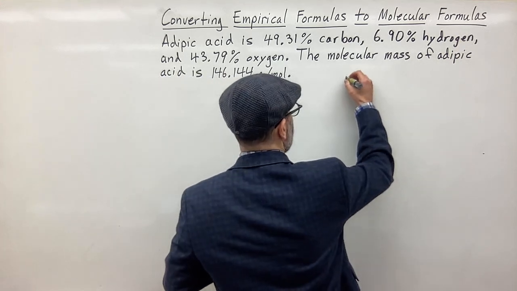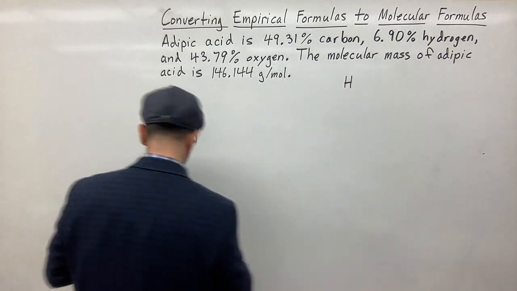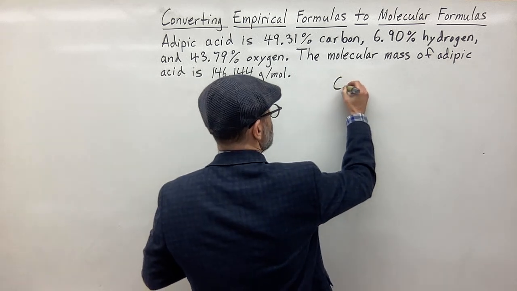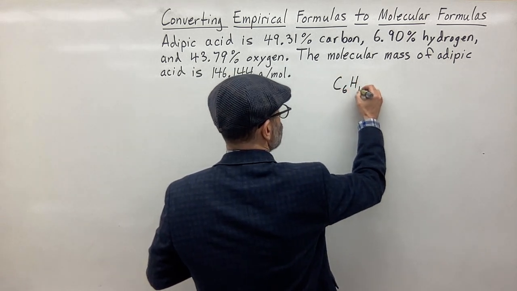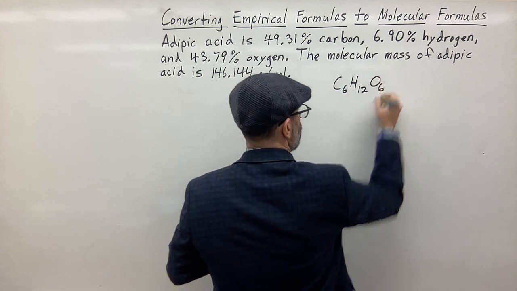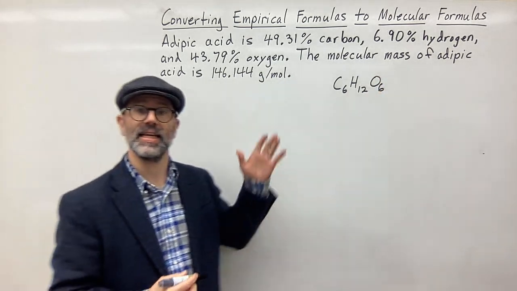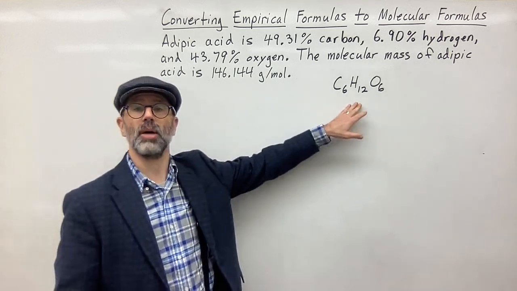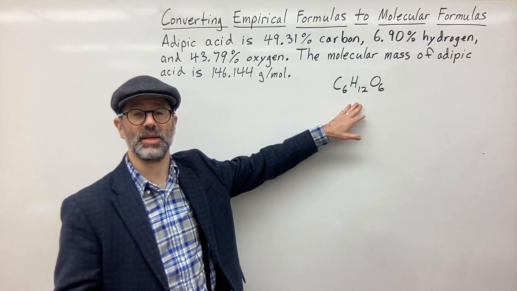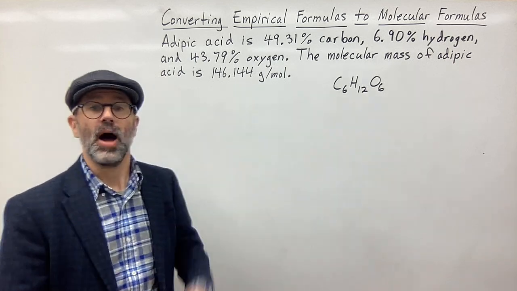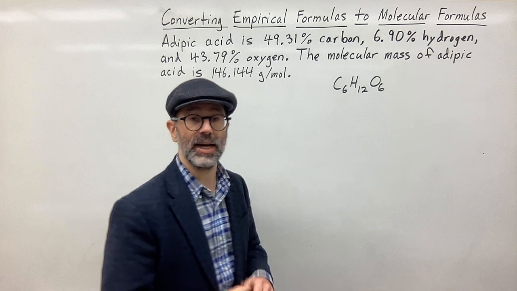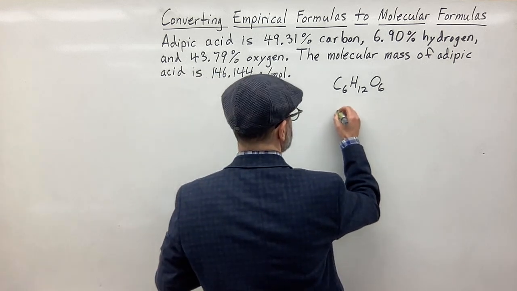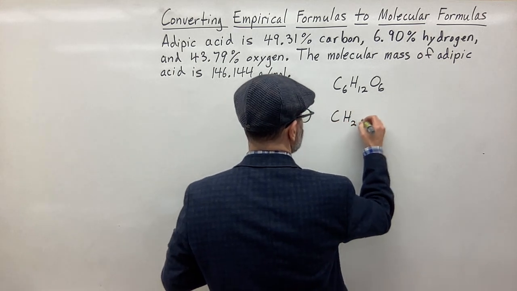If I have, let's take glucose, for example. Glucose is C6H12O6. That is the molecular formula for glucose. These are the actual numbers of carbon, hydrogen, and oxygen atoms in a glucose molecule. If we compare that to the empirical formula for glucose, which is CH2O,